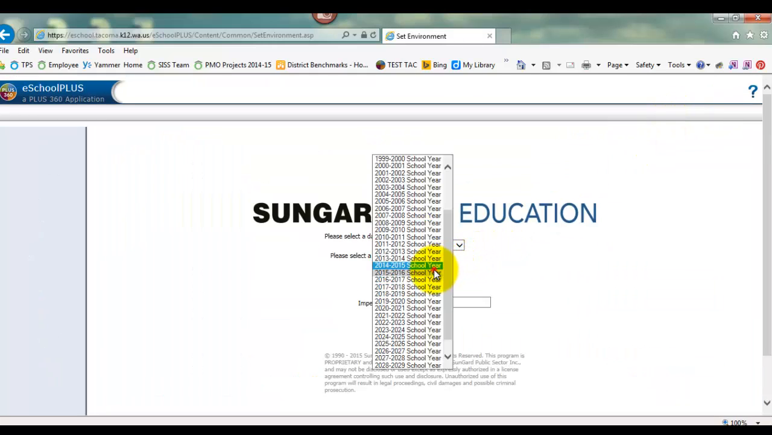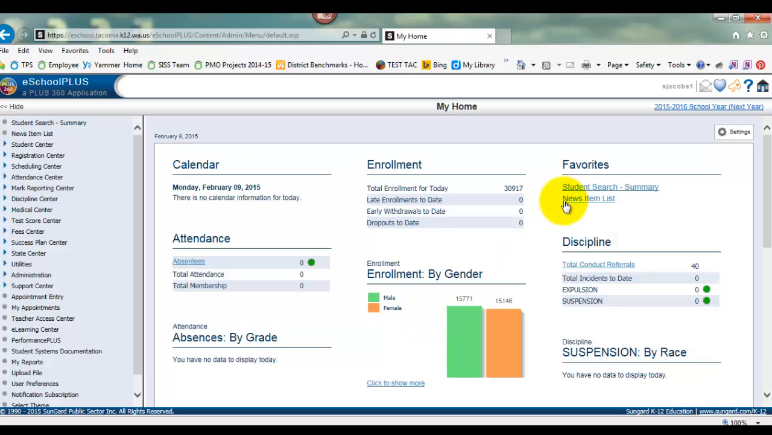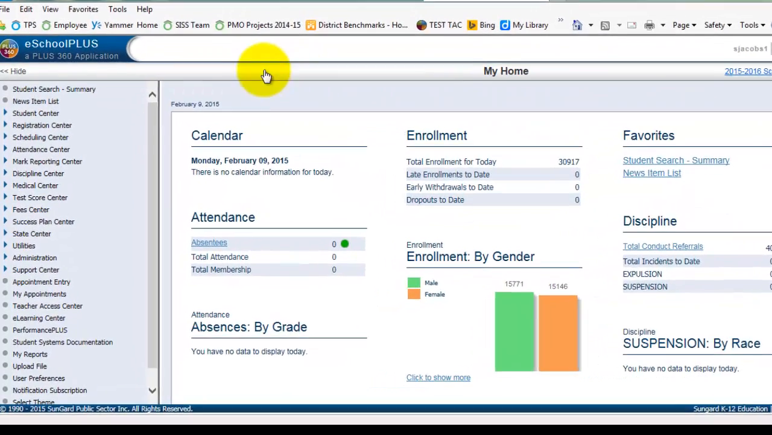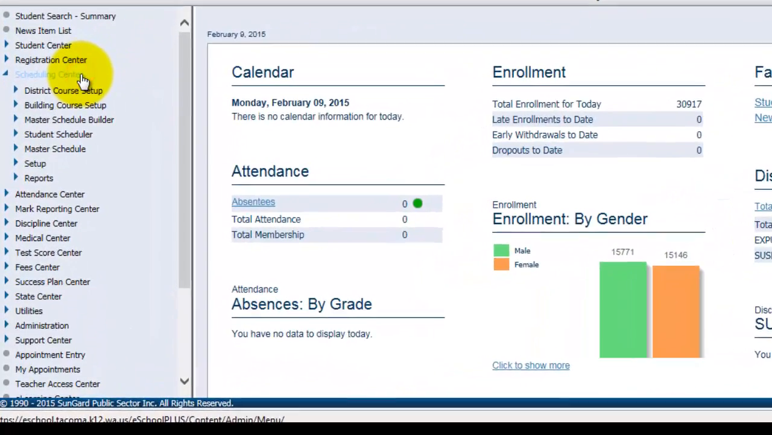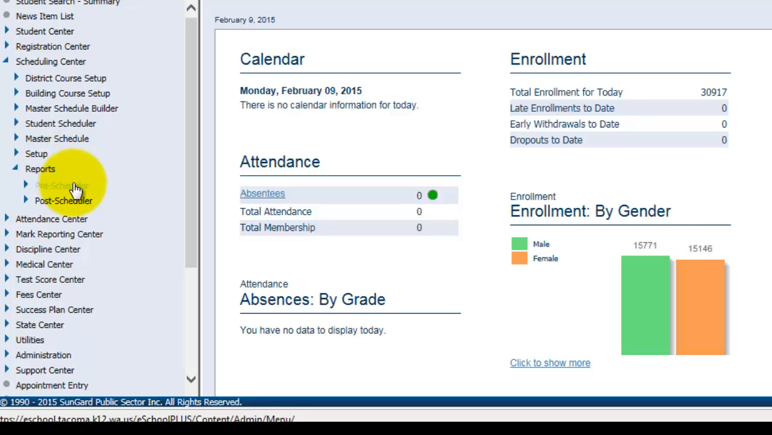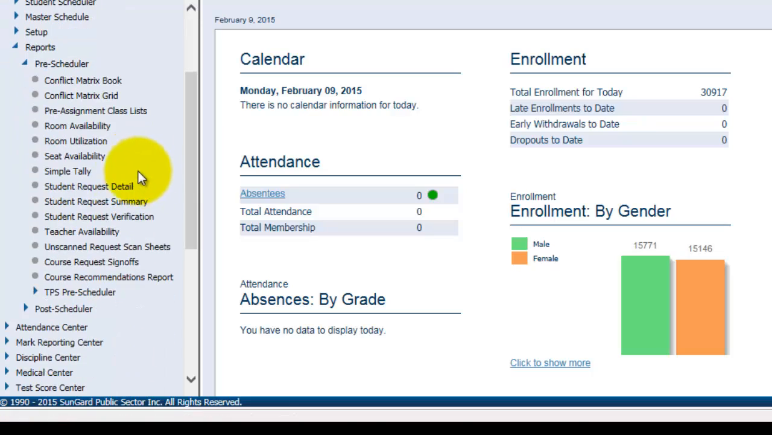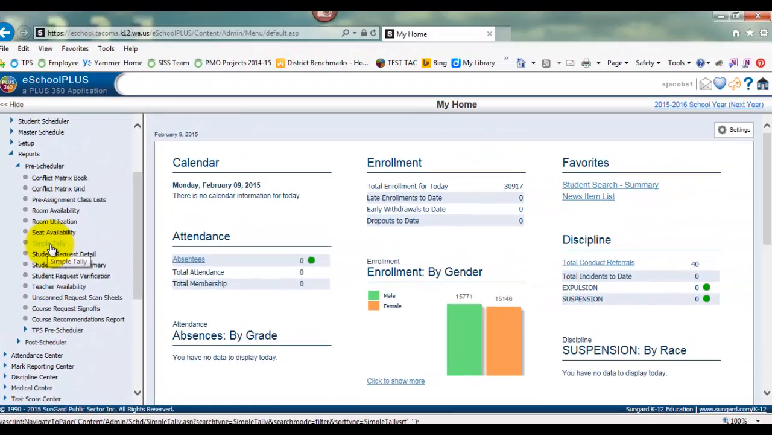So I choose it from the drop down menu and I say OK. I'll double check and I'll notice now it's telling me I'm in the next year database. To run a simple tally, I'm going to go to Scheduling Center. Simple tally is a form of a report, and it is about information prior to running the scheduler, so it's in the pre-scheduler folder, and here it is, simple tally. So I'll click on it,